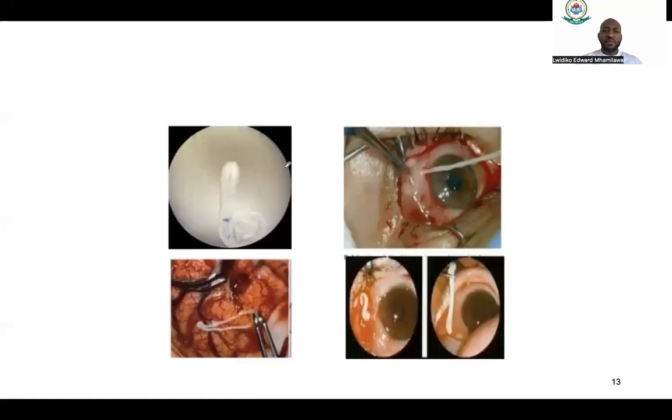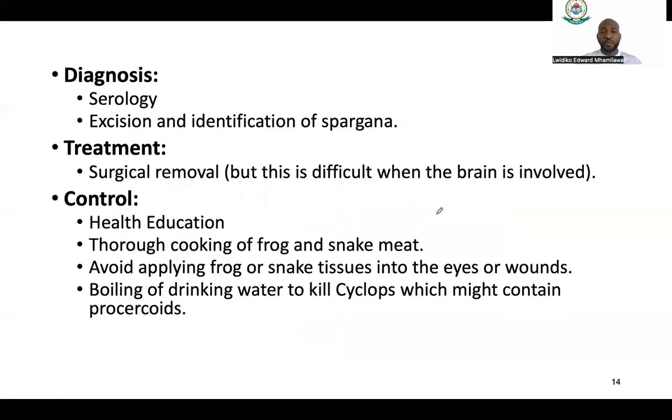So this is an example of a picture of a larva that is found here. You can see it is brain matter, and this is being extracted from the brain. This is usually a person who has already passed away. This is a periorbital swelling, you can see here. And then this is where the larva is being extracted from the eye of a human being. And you can see it's tape-like, right? So this is how it can even lead to eye damage and blindness.